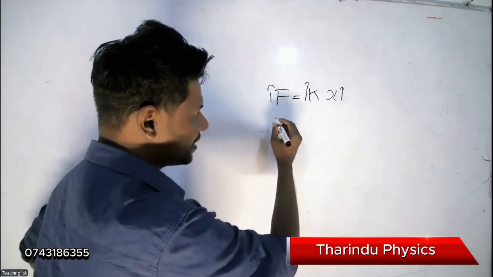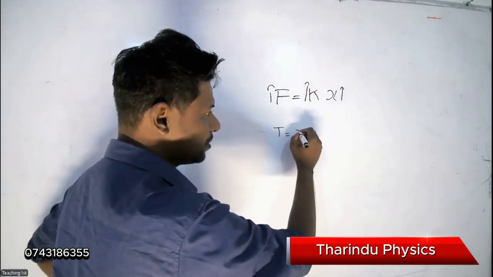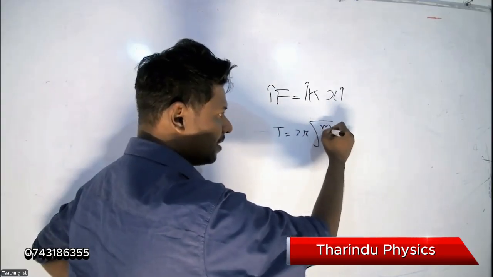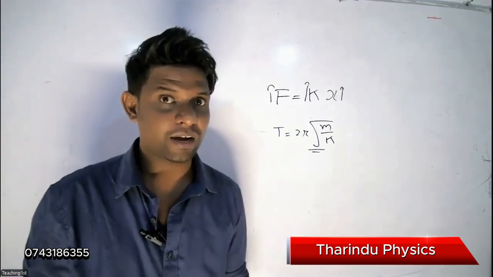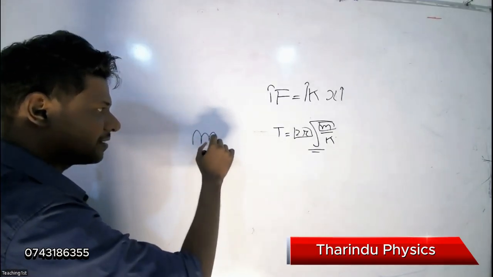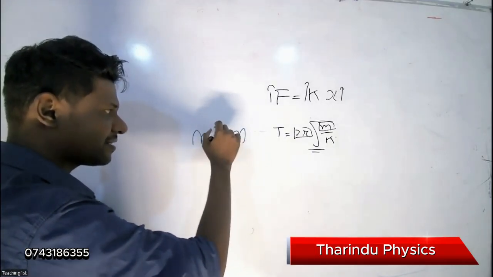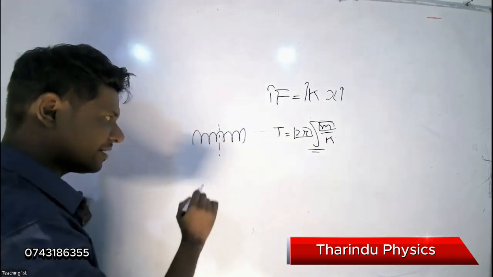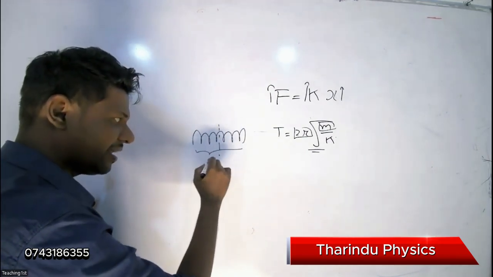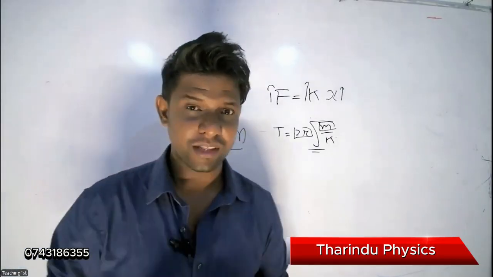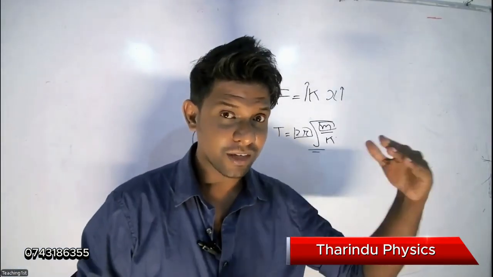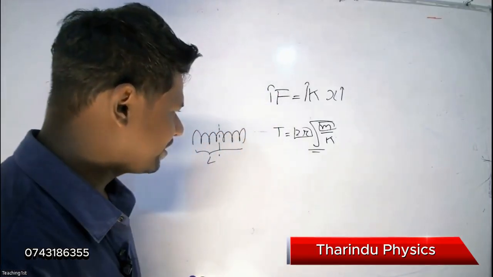According to simple harmonic motion, T equals 2 pi root m over k. This is the periodic time equation you have. If you have a good general understanding, you can understand what happens if the original length is L. So what is it according to the definition? Let's firstly do it according to the definition, then go for the longer method. According to the definition,